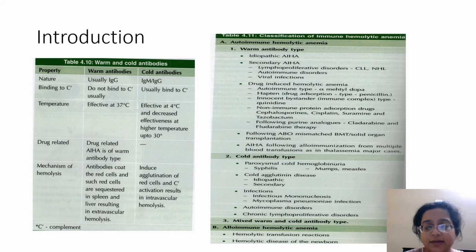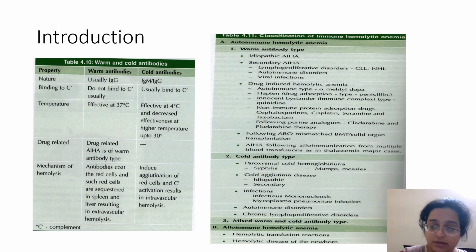Okay, this chart is given in Tejinder Singh Sir's Atlas and Textbook of Hematology, so you can go and read this chart. What I want to tell you is that if there is an autoimmune reaction going on in the body, which is causing the RBCs, or any cell for that matter, to break down, then it has to be either IgG mediated or IgM mediated, especially in hemolytic anemias.